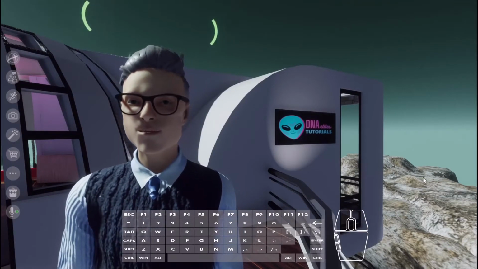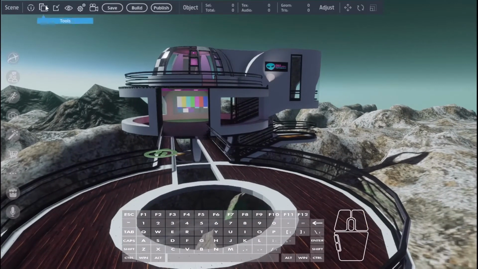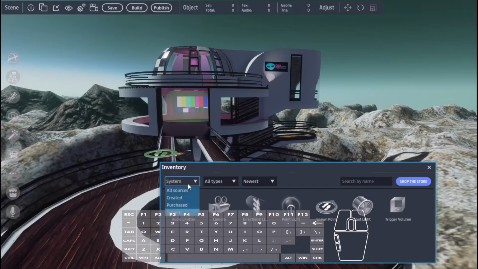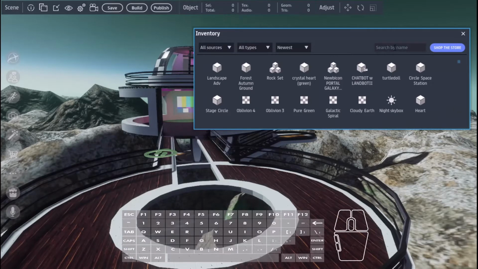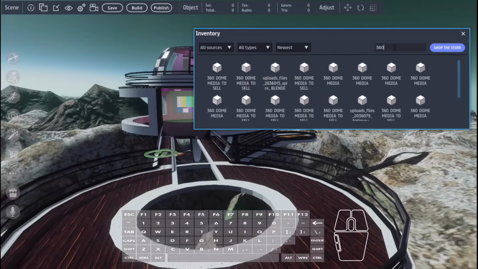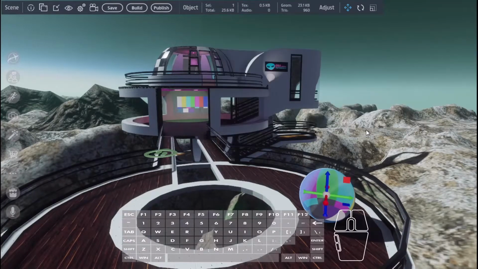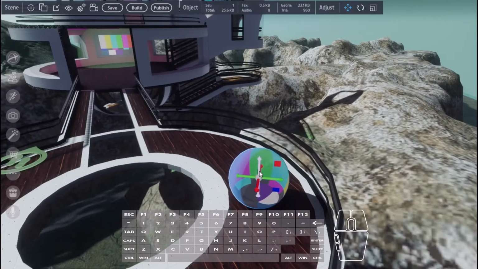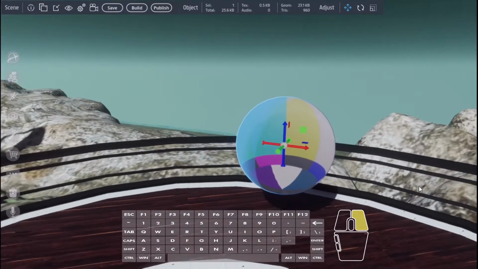So let's go ahead and go into edit mode. Okay, so we are in edit mode. Let's bring a circular object inside the world. So let's go into the inventory and let's go into all sources. Actually today, let's bring in a 360 dome media, because this is what we're going to do. We're going to use this as our portal to go into multiple worlds, okay? And at the same time, we're going to put a script on this to make it spin, okay? Okay, so first thing that we're going to do,